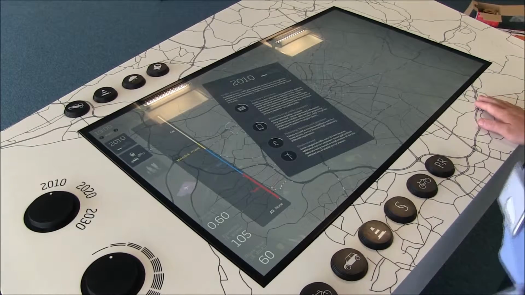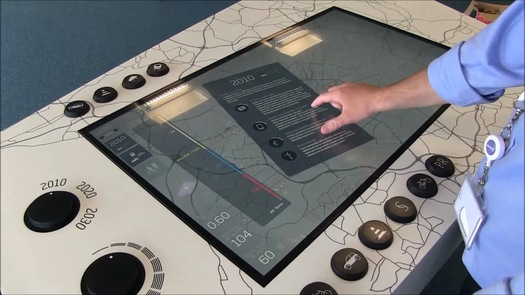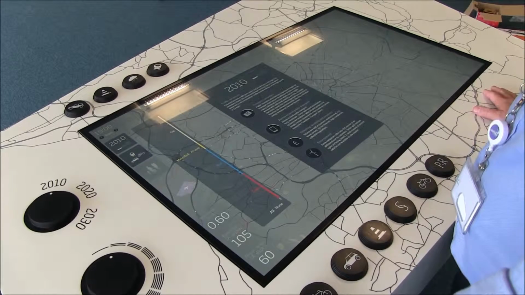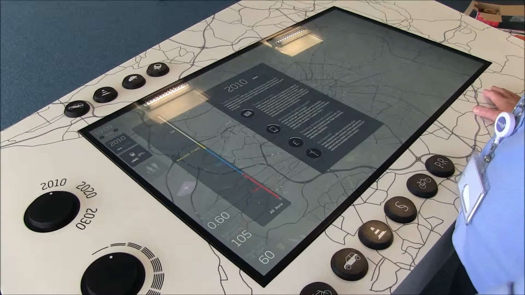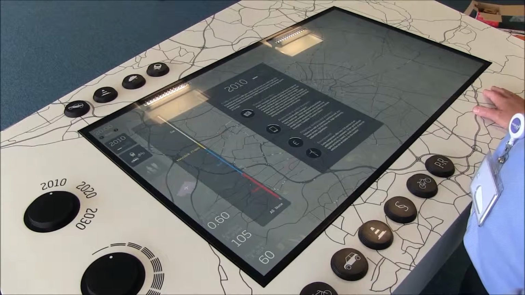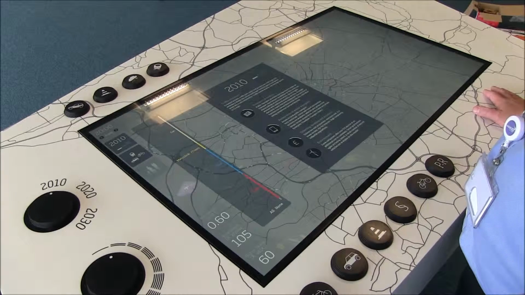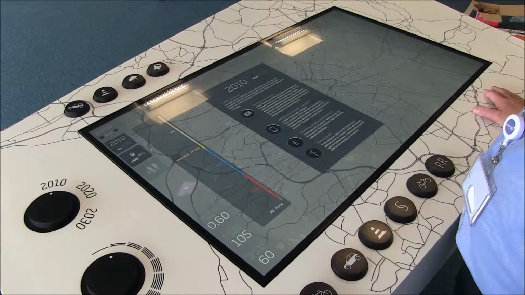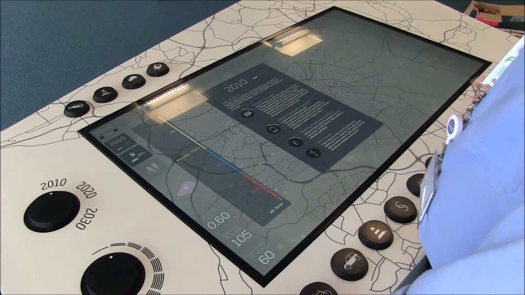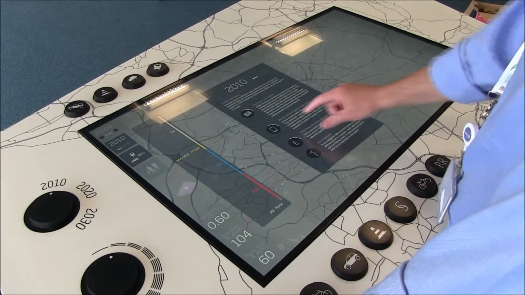So welcome to the Manchester Table Demonstrator. This is a piece of kit that was built to communicate some of the challenges we face in our cities going forward. And this is the start point for the evolution of a tool that we hope will be of use to planning authorities. As you can see, we have a number of infographics here which describe